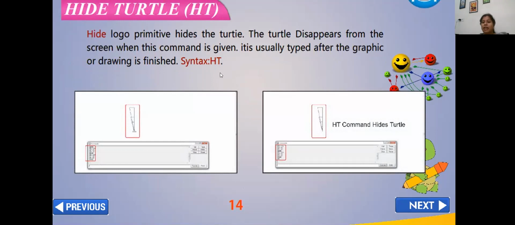Please see the video again and again and practice it in your houses, on your own computer systems, because practice makes a man perfect, and this will help you understand how our computer works on our instructions. It is a form of coding. So please do practice at your houses. The next portion we will be seeing in our next video. Until then, bye-bye.